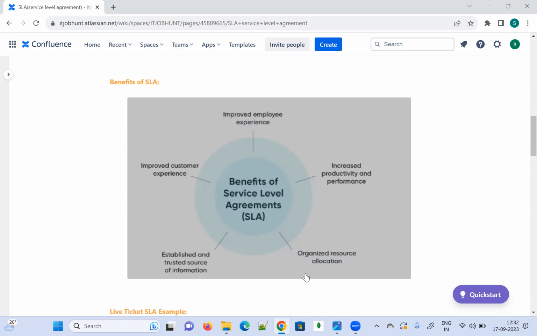So how can we identify and resolve that? We have the SLA, so we can identify that this ticket has SLA not met. If 10, 20, 30 or 40 tickets are not met, we can allocate more resources. We can tackle this problem and resolve the customer issue as early as possible, so that we can improve the customer experience.